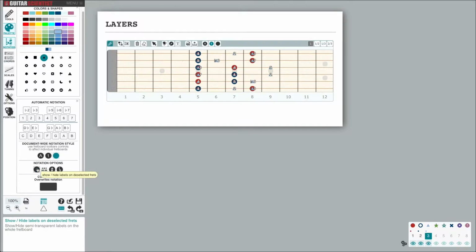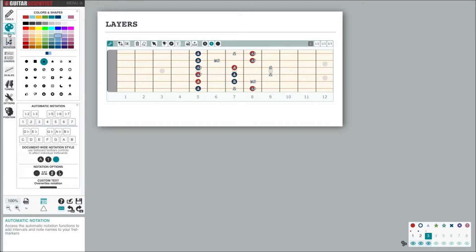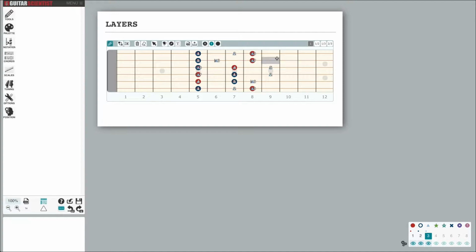Someone could say that this diagram now contains too much information and that it may be too cluttered to use. But since I use the layers, I can enable and disable the individual layers to hide and show groups of notes and only show the information that I need at any given time.